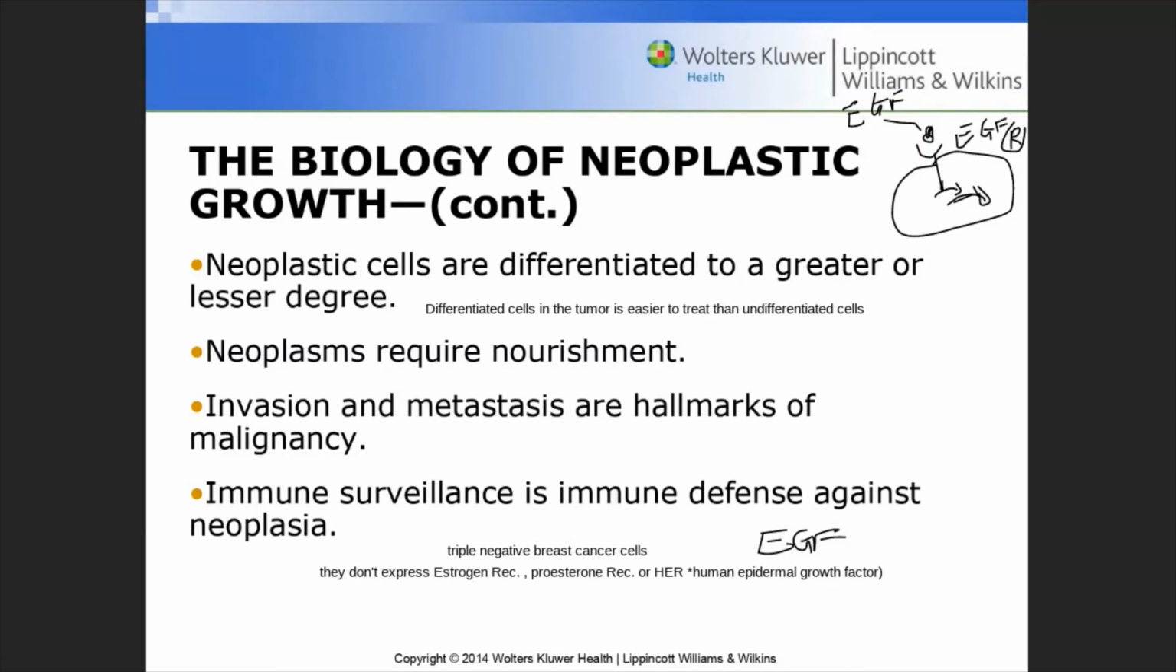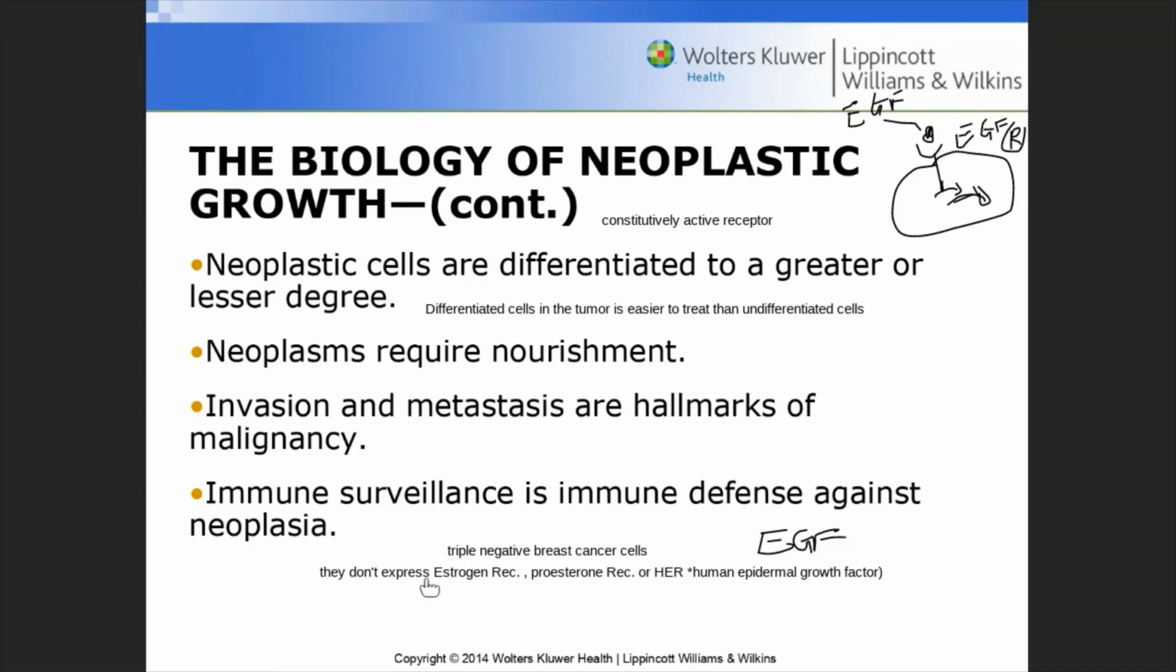Constitutively active receptor. So in other words, the receptor is activated. It's always on. It doesn't need the epidermal growth factor to turn it on. It's always on. And so this cancer may have this, or sometimes the cancer does not have that. Right? The cancer does not have it, or does not have estrogen receptor or progesterone